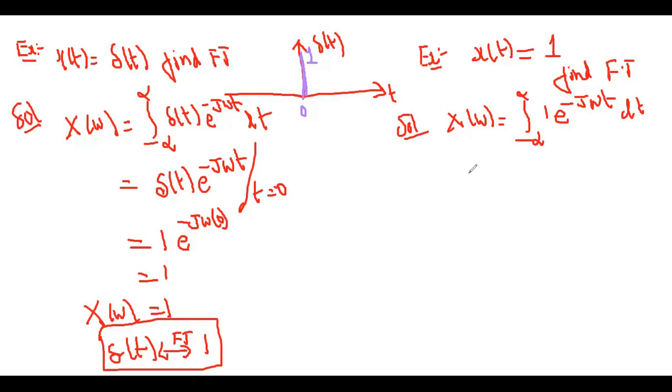That is, delta of t, its Fourier transformation is 1. Here 1 is the value of x of omega. Got it, my dear students? According to the duality property,